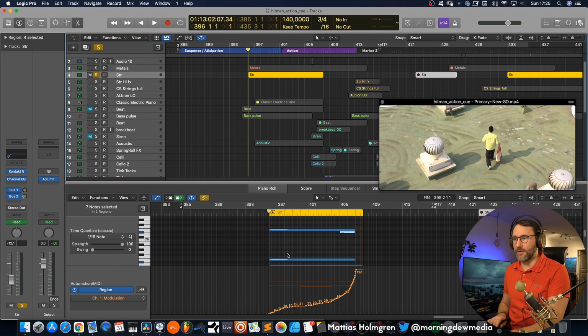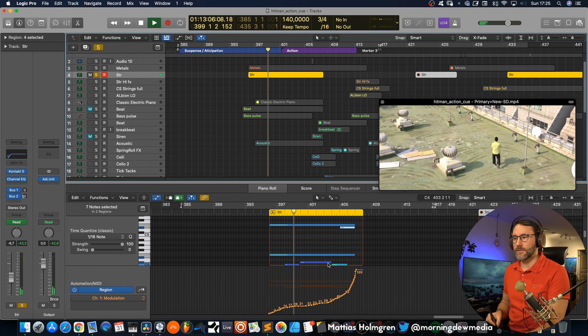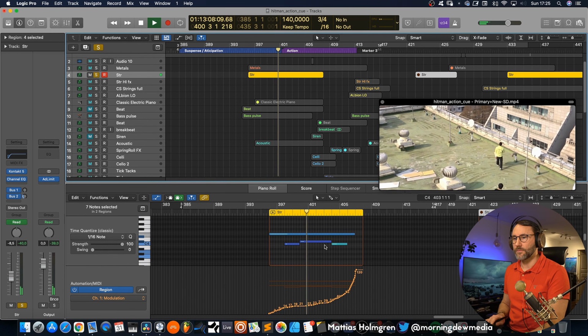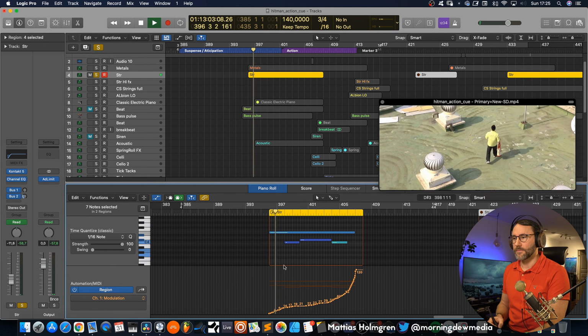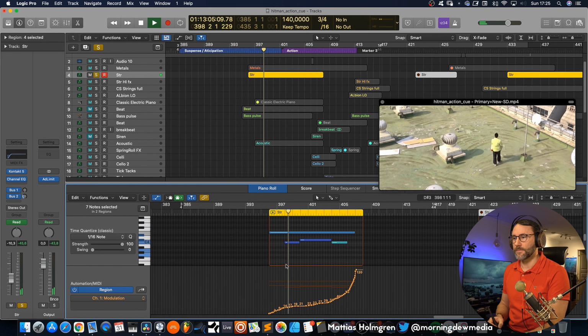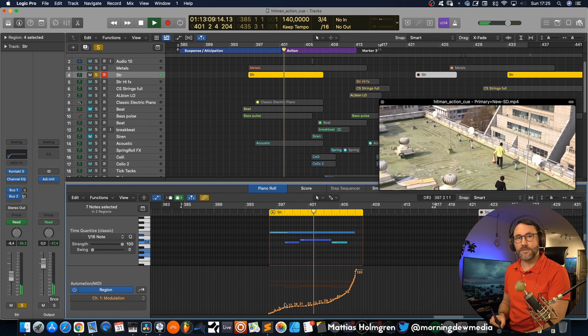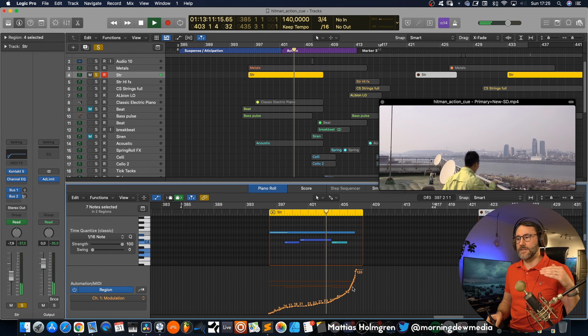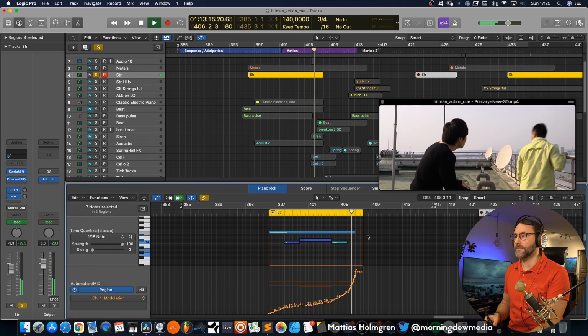So it's just a pair of violins playing an E. But we also have that C going up to a C sharp. And you can see the volume automation here, rising up to make it build to the climax.